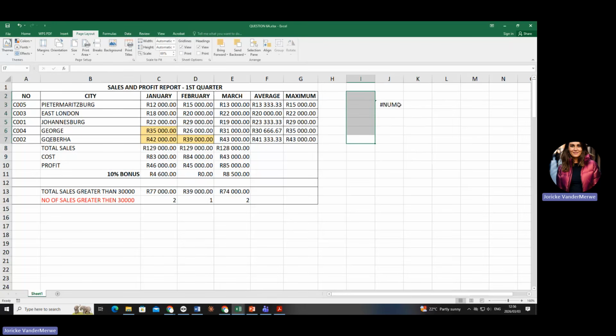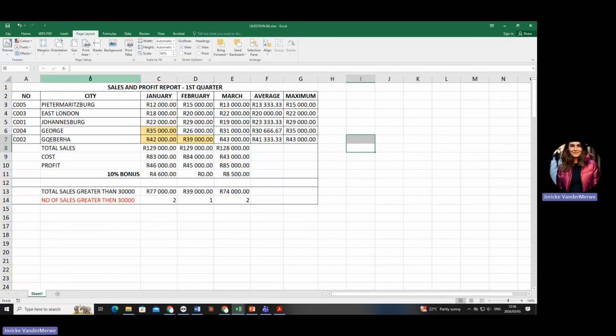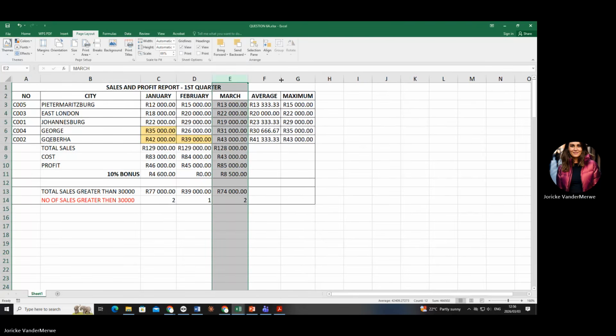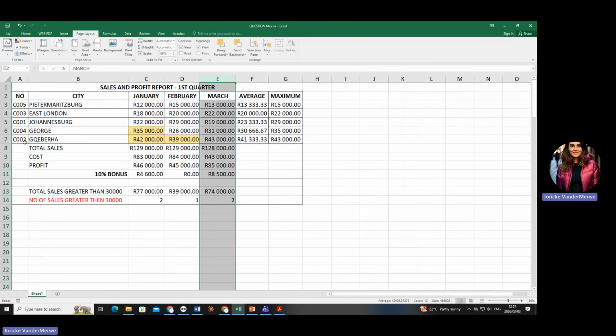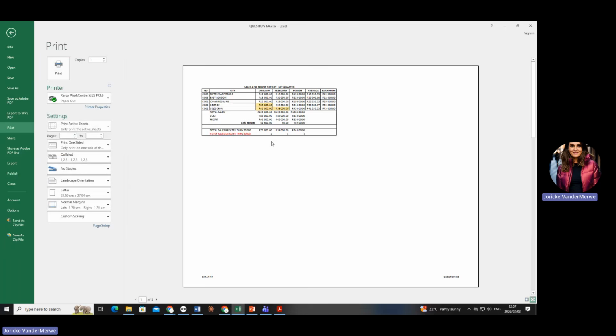If it doesn't fit, darlings, you cannot do this for me. You're going to get 0. So make sure that you double click in between. Double click will take it to the smallest amount of what it can be without not displaying. So it takes the content so that it fits the window of that cell. So if you go to file print now, can you see it fits in very nicely? Yes?